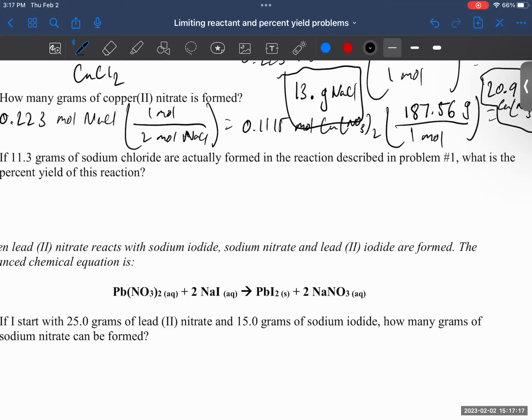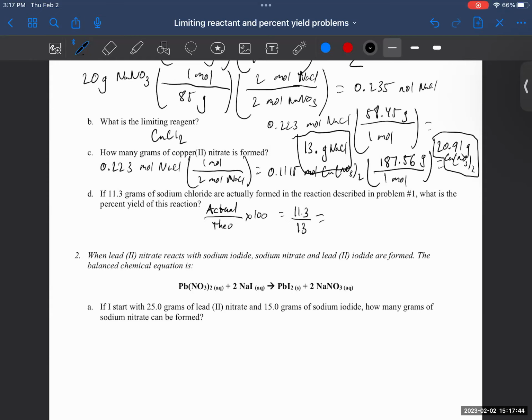So we're going to do 11.3, which is our actual yield, divided by our theoretical yield, which we solved in the problem earlier, which is approximately 13. The decimal point was like 13.0, so it'd be around the same thing. So actual 11.3 divided by theoretical 13 times 100, we will get